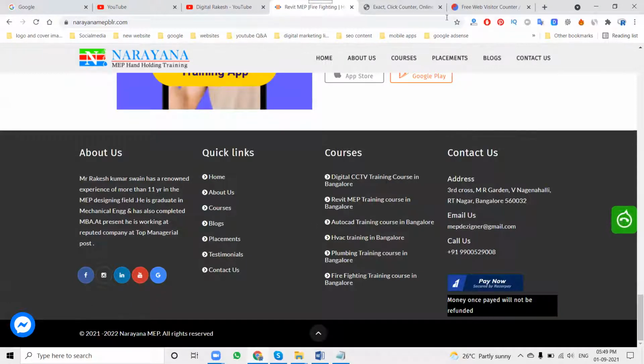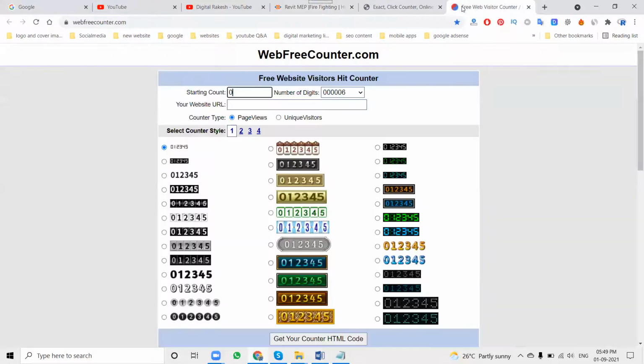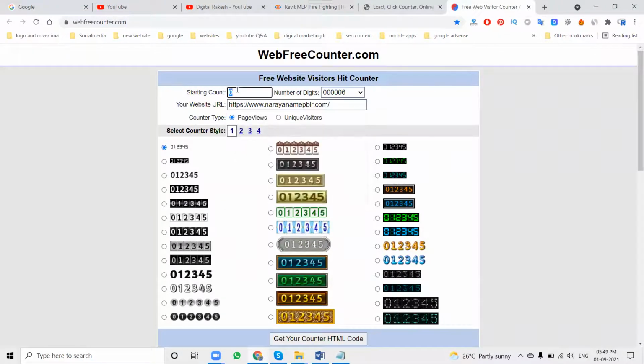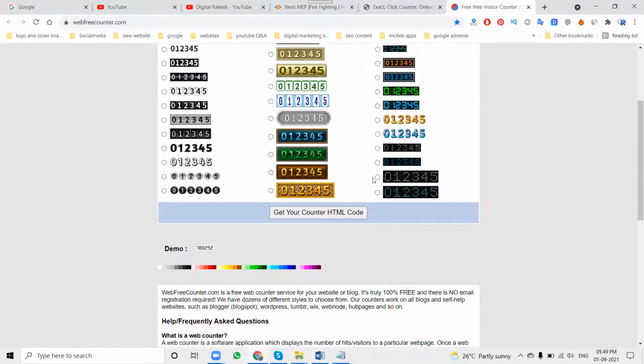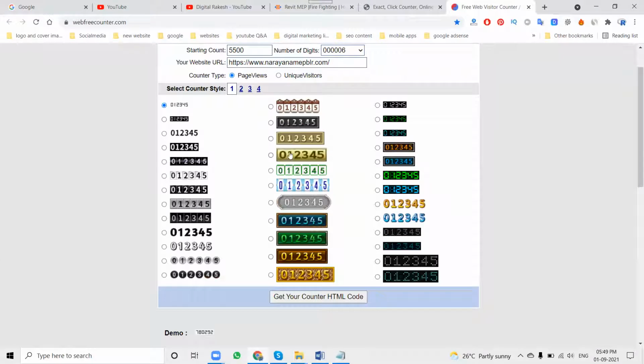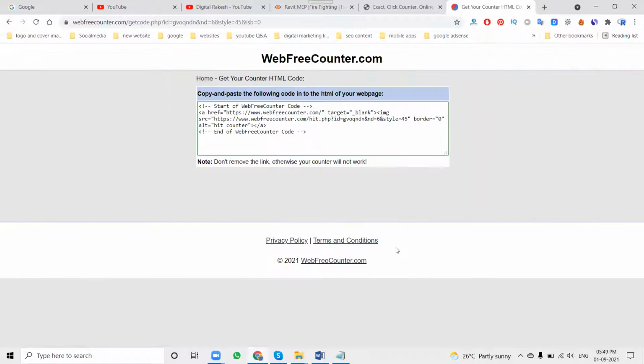Now, first of all, how can you optimize your page count code option? That's nothing but your page count. First of all, select your website link and add it here. My website link will start counting from 5500 onwards. The counter type is either page views or unique visitors, but I'm looking for page views. After this, for visibility purposes, based on the code, we have the visibility option. Here, for visibility, I'm giving this option: get your visitor count.